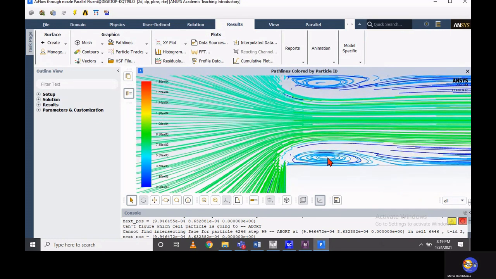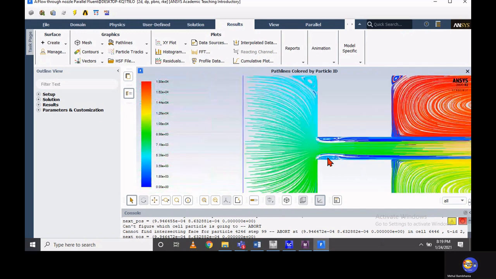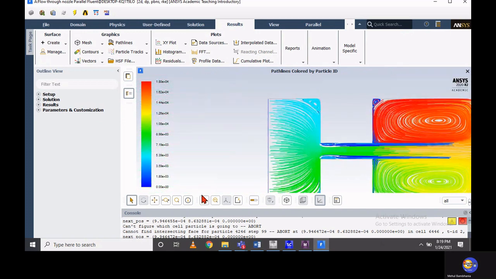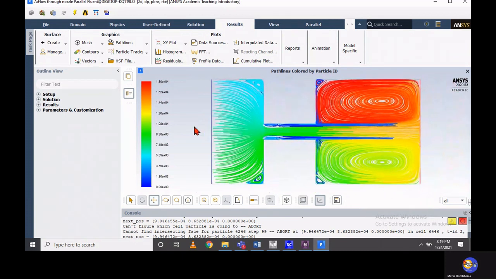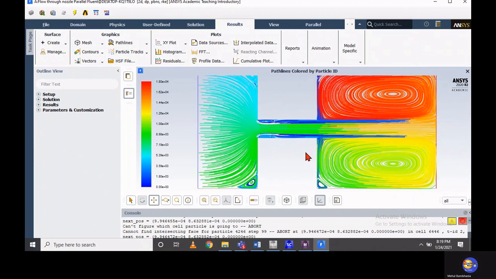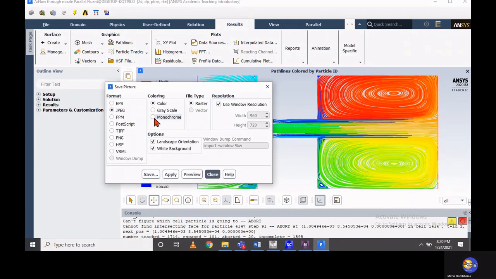That recirculation we can visualize with the help of path lines. At the same time, on the backward side, on the downstream, there are two large vortices creating the recirculation zone. You can also save this in monochromatic or grayscale. You just look at the preview before saving your file.